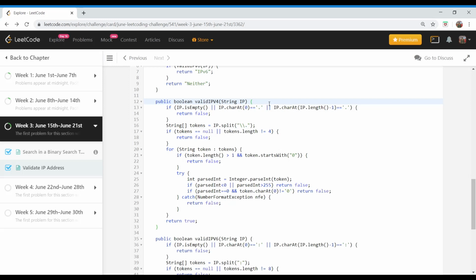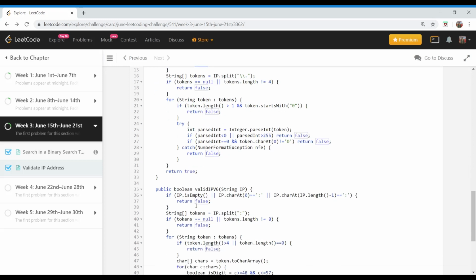So this would be some input like dot 12 dot 34 dot. All these inputs are invalid. So for these cases, we'll simply return false.